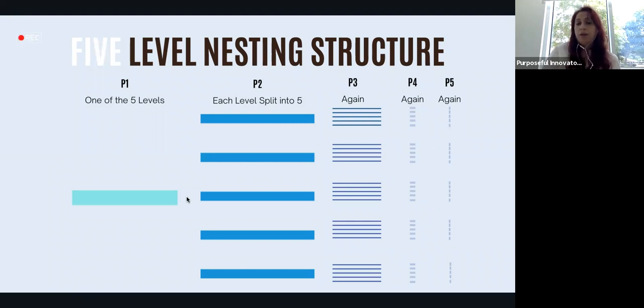And then we took each of those to the power of 3, and they did it again. And then the power of 4, and we did it again. And then the power of 5, and we did it again. By the time we got to the power of 5, so then that's 5 to the power of 5, we